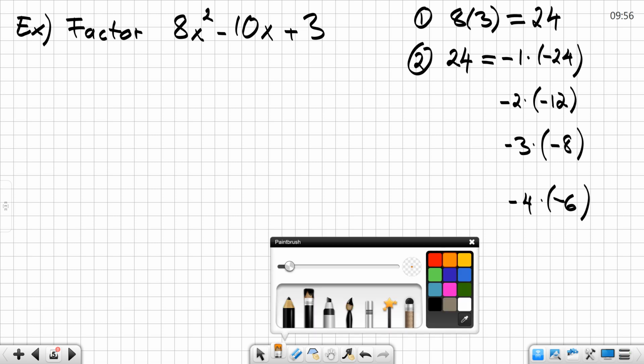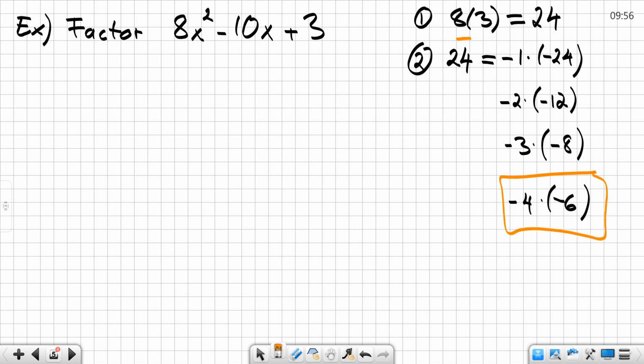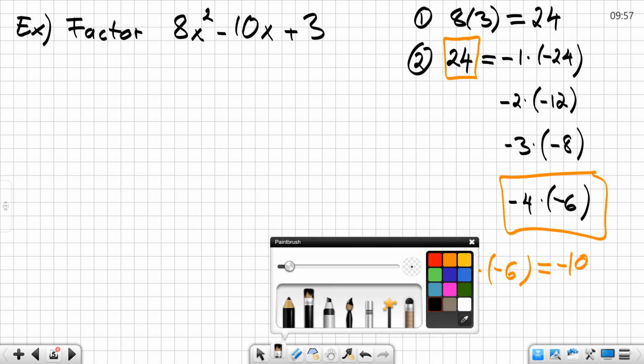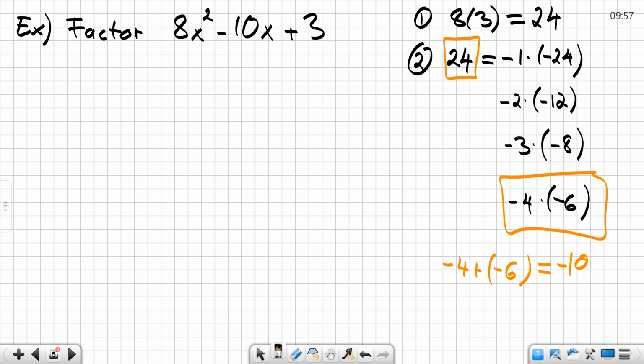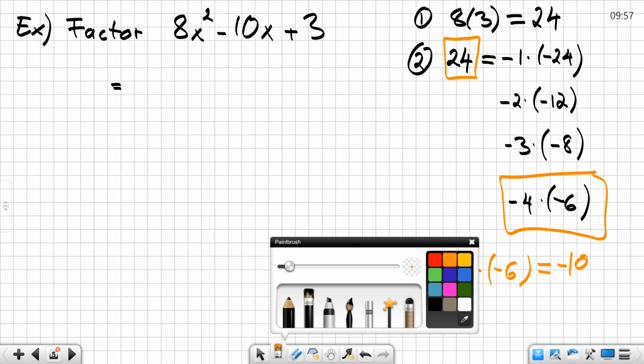Negative 4 times negative 6 is positive 24. And negative 4 plus negative 6 is negative 10. So the numbers that we were looking for were -4 and -6. So I am going to rewrite now the middle term